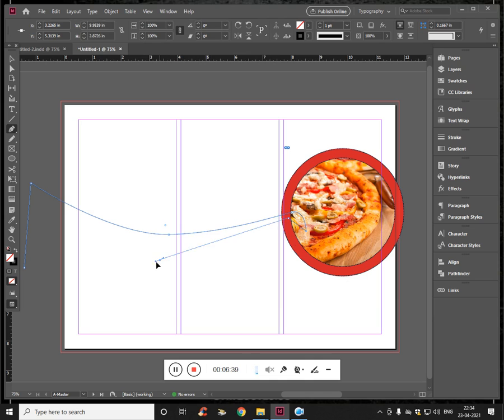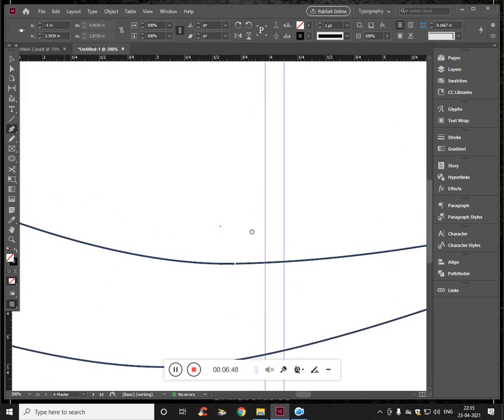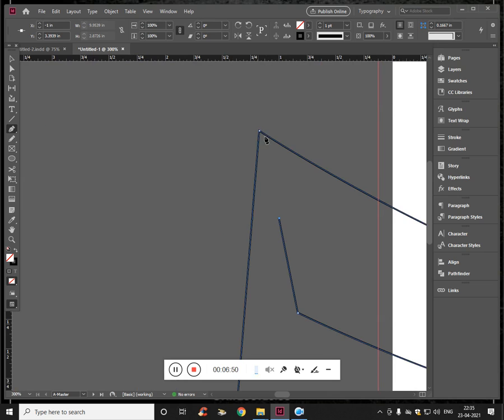If you want, you can make this small or big depending upon your wish, or you can use the direct selection tool and make this as you like.